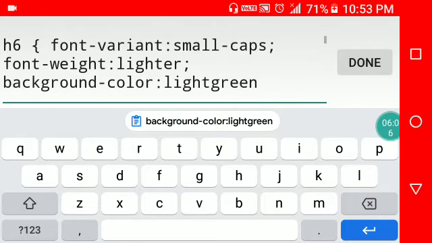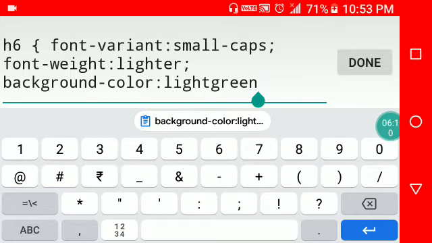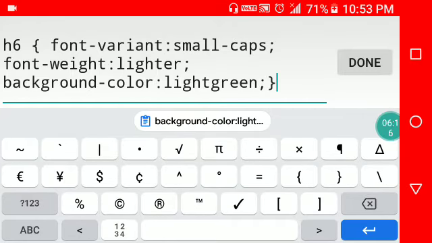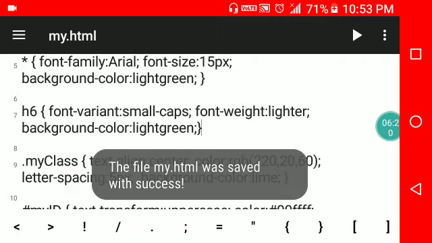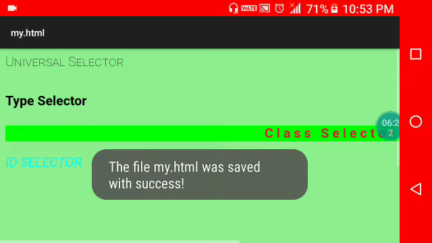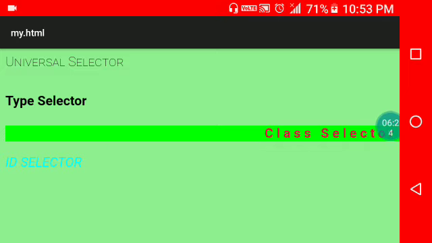Background color, then after the colon, close the bracket.